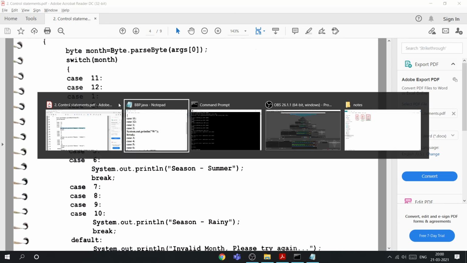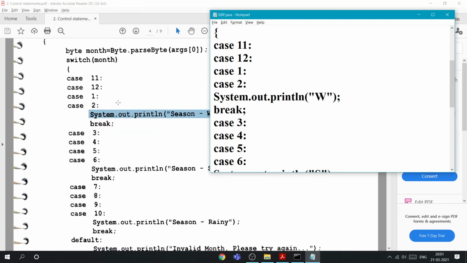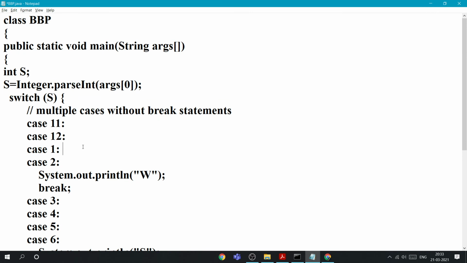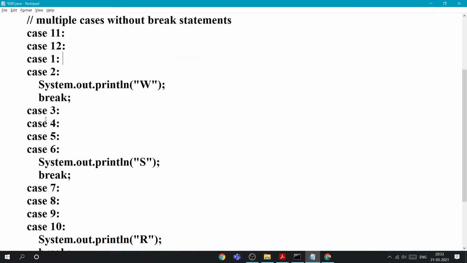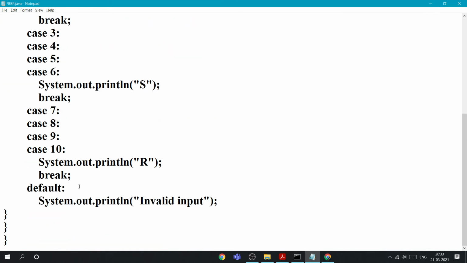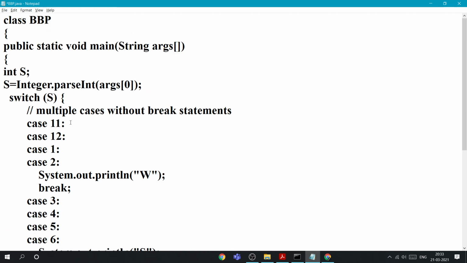Actually, I think there was no mistake. I just wrote the code again and it worked fine. Maybe there was something like default or something. I didn't get it, but I wrote the code again and it worked fine for me.